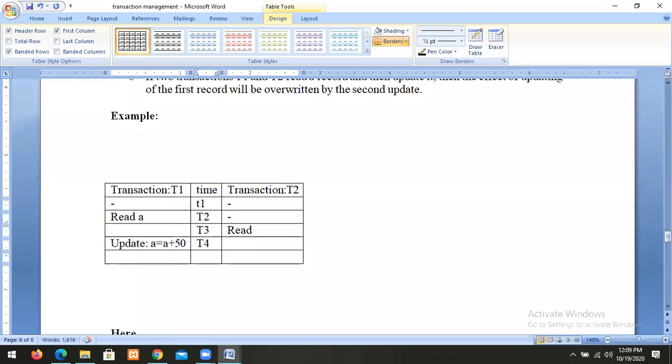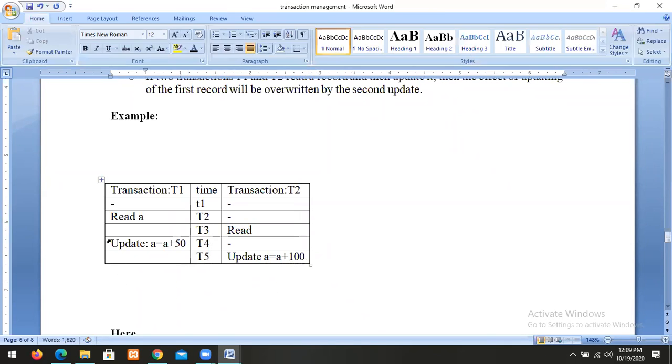At time T5, update A equal to A plus 100. Suppose I write it like this.